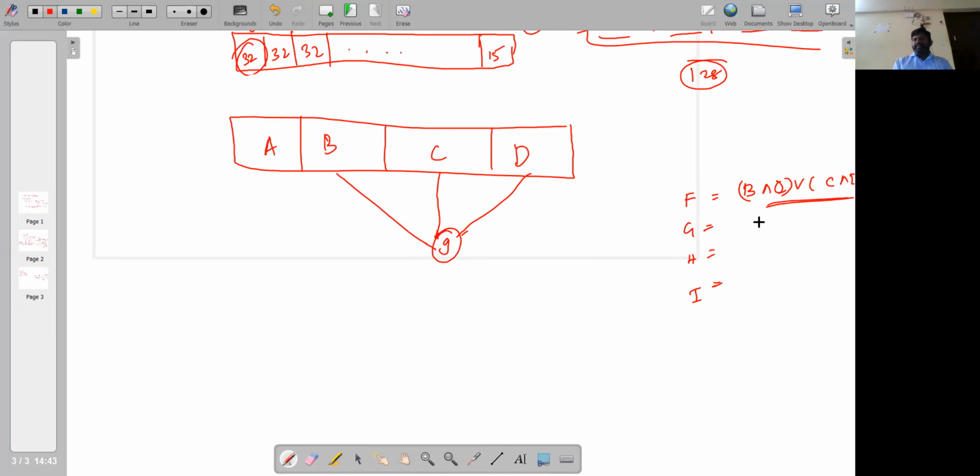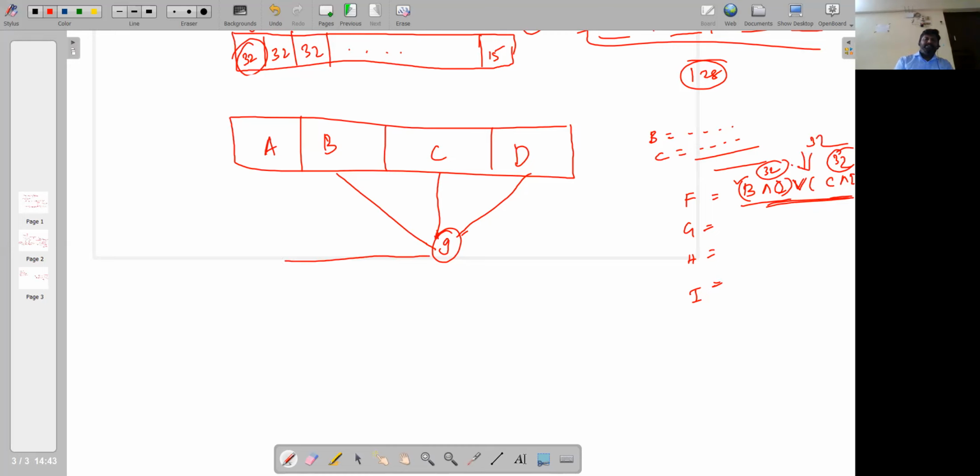You can have any kind of operation, and this produces a 32-bit value. Now this 32-bit value, B which is 32 in size, C which is 32 in size, will create a 32-bit output. Now this 32-bit and this 32-bit will be applied to the XOR operation, which will produce a 32-bit.